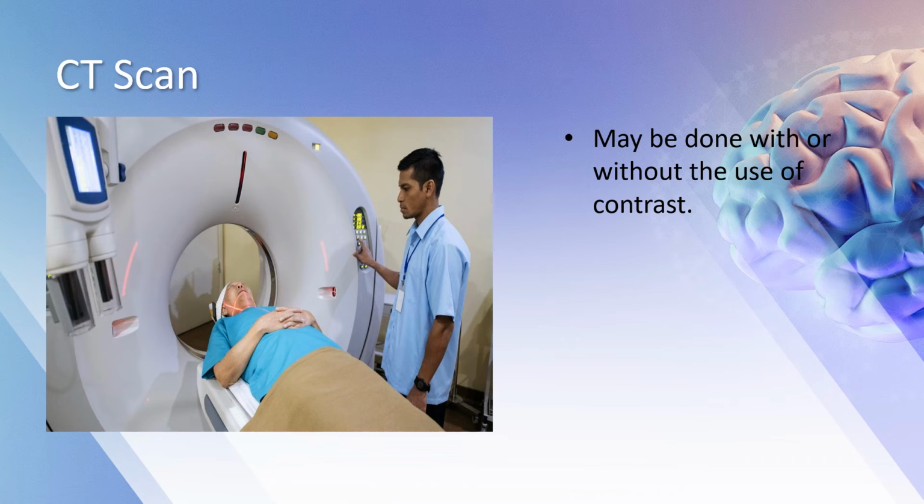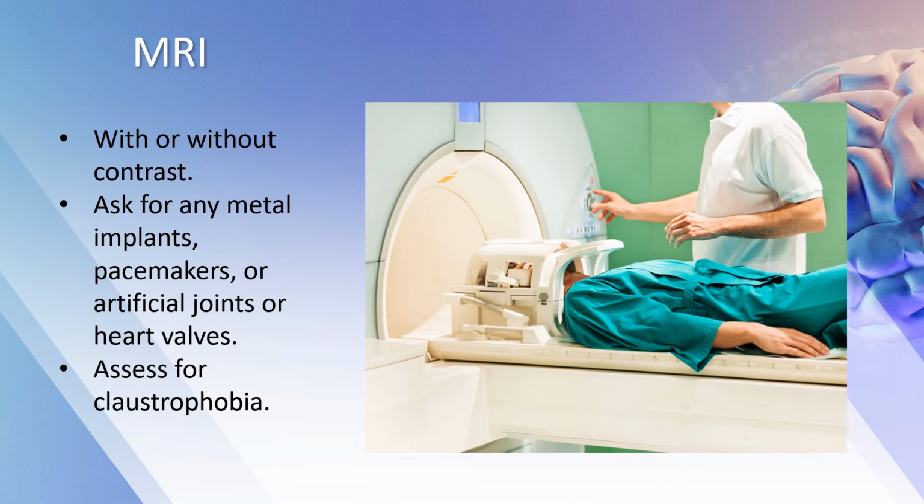The CT scan can be used to check for any tumors, lesions, or in patients that may be at risk for a brain bleed, such as trauma patients or stroke patients. The MRI is a machine that's able to take a more in-depth look at the body than the CT scan, but it